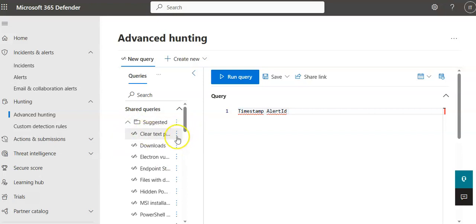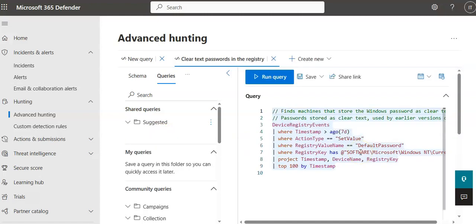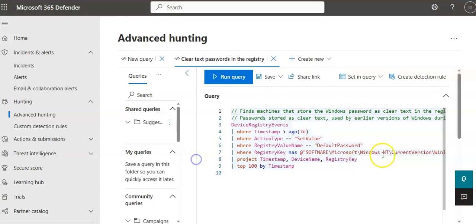These are the suggested queries that I see. If I go to clear text passwords in the registry and double click on it, it will load this query. This query finds machines that store the Windows password as clear text in the registry. If I run this query,